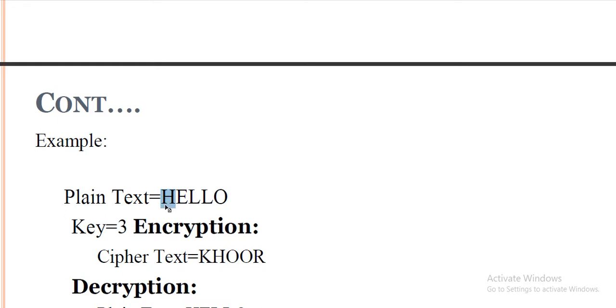For H, we need to add 3 more, and the number 3 alphabet we write down instead of H. Same way for E, L, L and O, you apply 3 alphabets, and whatever the number 3 alphabet is, write it down in sequence. You get the ciphertext. So in the GTU examination, they ask with any plain text,